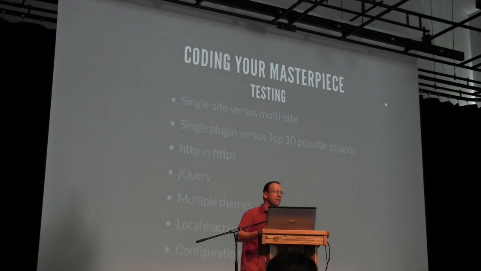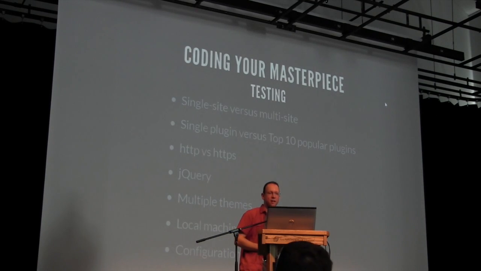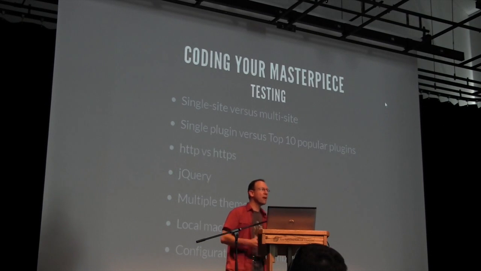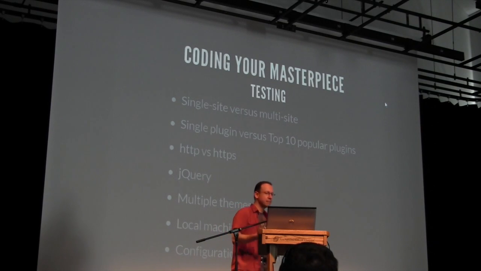jQuery is always a big one. I've referenced this in previous presentations. You want to make sure that you don't load up your own version of jQuery, and you want to make sure that you don't do things that could break a site that has a lot of jQuery in it. Multiple themes. You should try to test your plugin with at least more than one theme. A good tip could be just to run through 2010 through 2014. That could already give you a whole bunch of different layouts, and at least you'd be sure that it's going to run well for any user that has one of these base themes or a derivative of these basic building blocks.